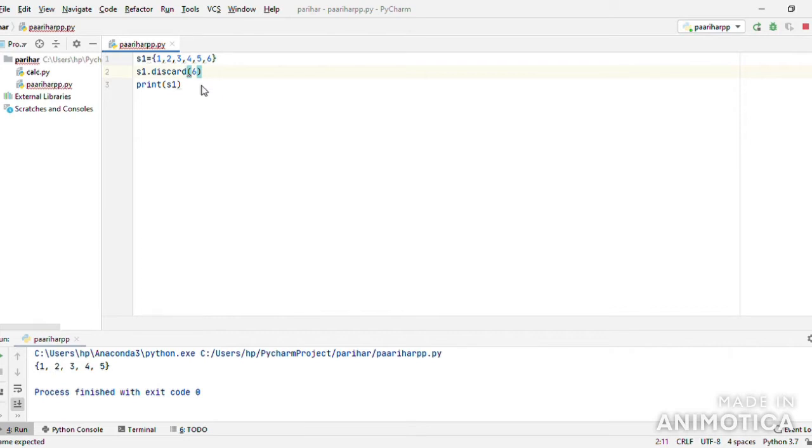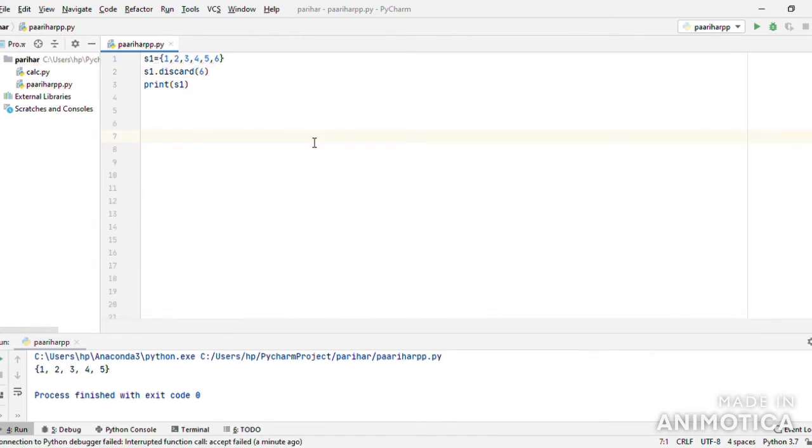The difference is that the remove function removes the element from the set specified as parameter. On the other hand, discard function is used when you want to remove an element when you are not sure if it is already present in the set or not.